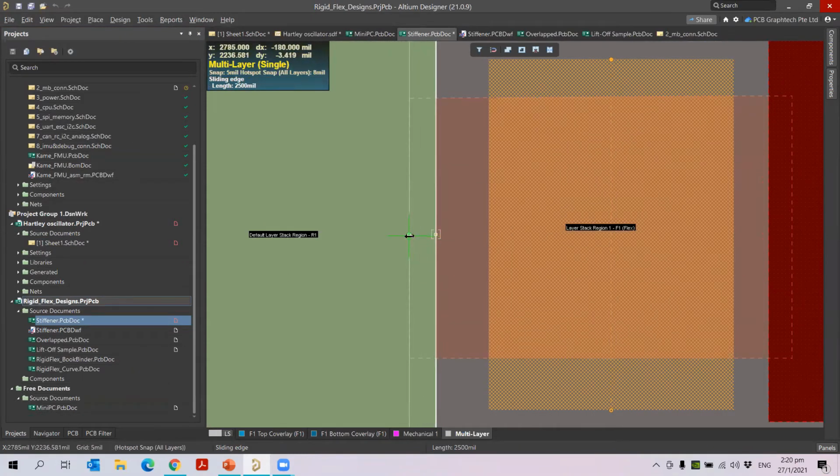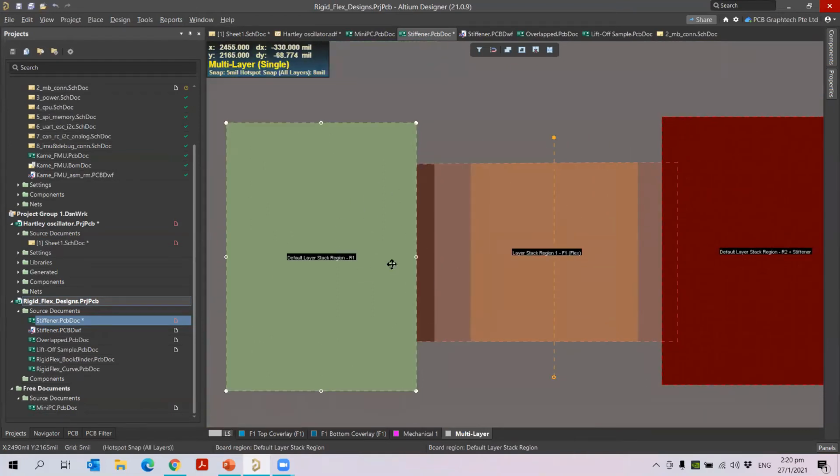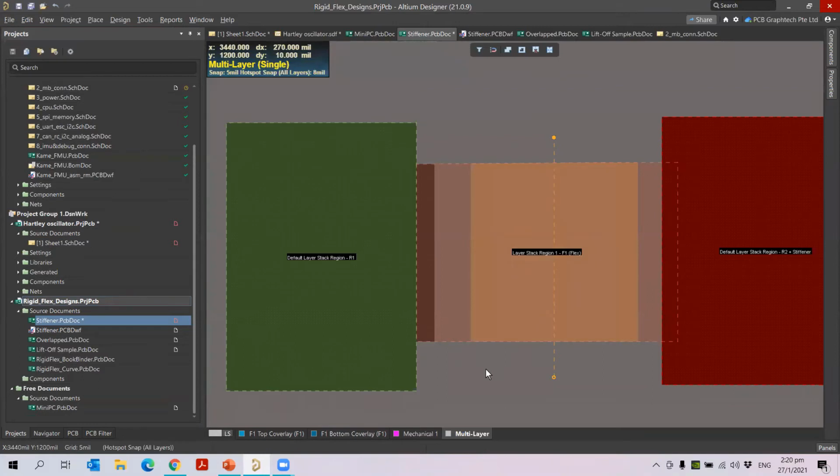Once I select and drag it, you can see the green color circle. Okay, it touches the end point, so you can leave it here, and then the board region is adjusted. Now you can select the region. If you see, they are independent of each other. This was not available in the previous versions.